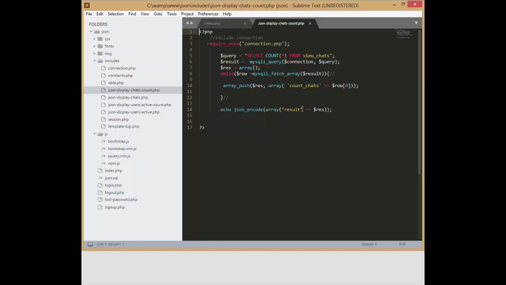So here what happens is we have the connection. We have the select query and connect it to the query. Then we have an array called res, which we set up as an array. Then we fetch our array, and then we push our result. And then here we have the chat counts. We have said that our chat count is equal to row 0 1, which will count how many rows are in the database. Okay, and then we're going to encode